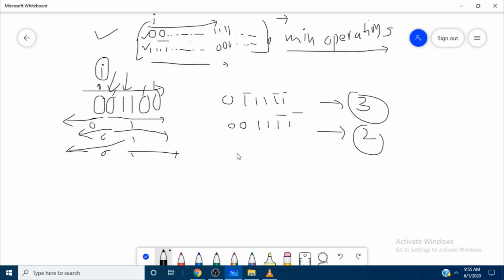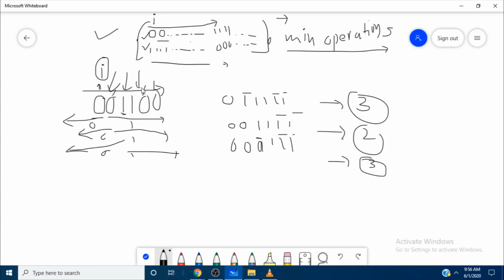So here we need to convert this one to 0. We converted this, it will require one operation, and to the right to 1, so it will require 2 operations, so total 3. Okay, done.